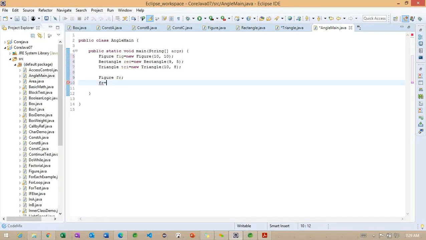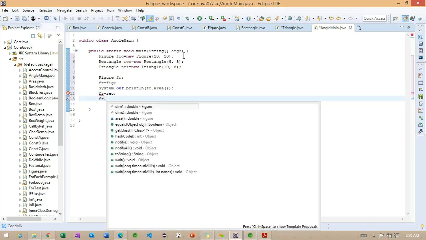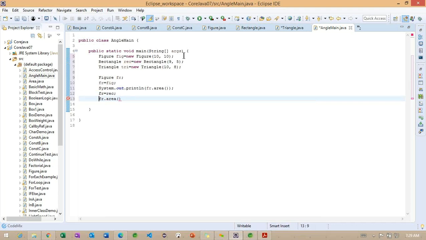Right. fr is equal to fig, and what I can do, simply fr dot area, and again fr is equal to rec, fr dot area.